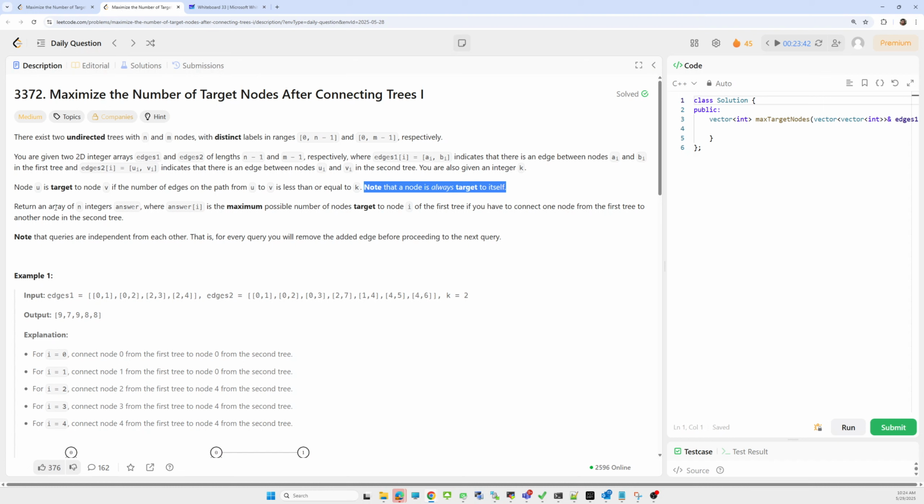Now we have to return an array of integers answer, where each answer of i is the maximum possible number of target nodes of node i of the first tree, if you have to connect one node from the first tree to another node in the second tree.